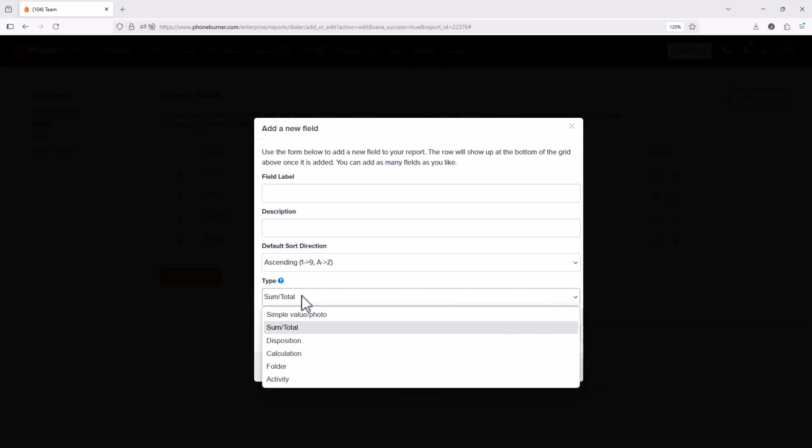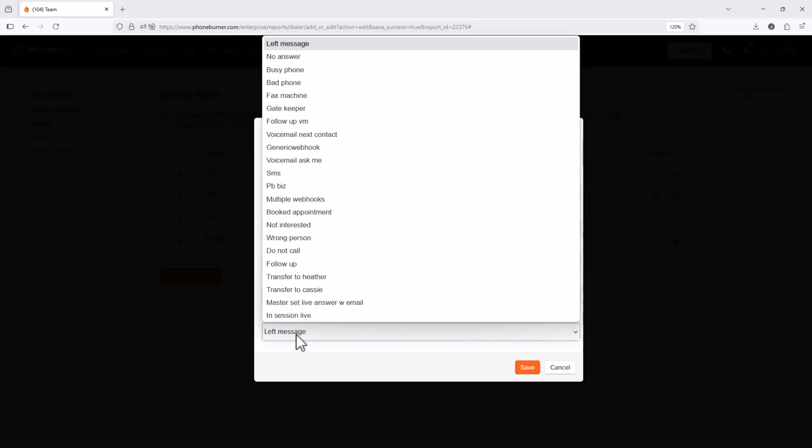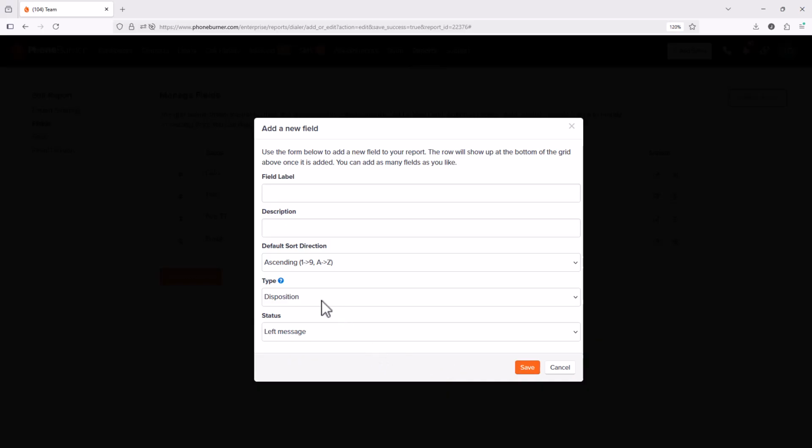The next type that we might want to consider is dispositions. This will show you a list of all of the statuses assigned to the different dispositions you have created and customized in your PhoneBurner account. I'm not going to go through all of these because what I have listed here is not going to match what you have listed on your account. Just know every time you create a disposition, whatever you put in the status box of that disposition is what is reportable. So I'm going to go ahead and get out of that, and let's go to the next option,